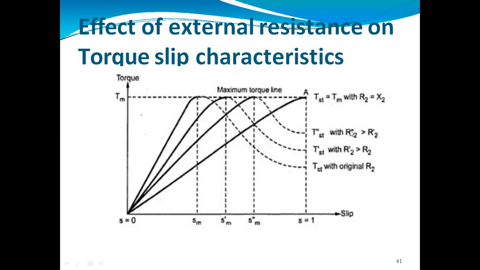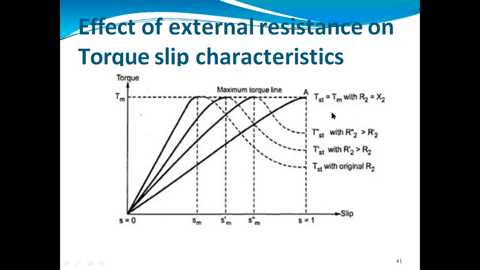We can provide this external resistance via slip ring, and if we require maximum torque, it will be dependent on the value of resistance, because you can see here the torque value is depending on the external resistance. So you can provide external resistance through a slip ring, and here maximum torque is directly proportional to the value of resistance. So Tm is proportional to R2, the motor circuit resistance. So we can see the torque speed characteristics with varying value of resistance.